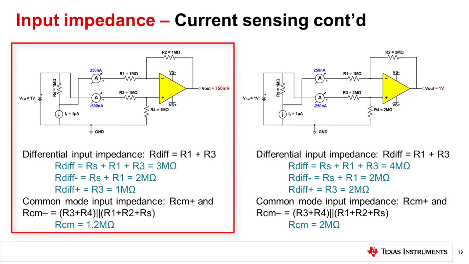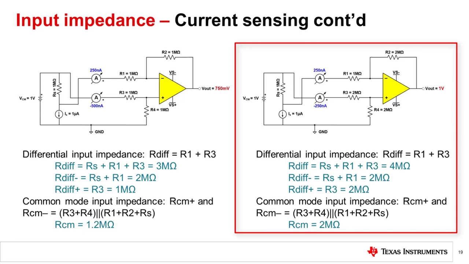However, in this example, the shunt resistor is large enough to make an impact on this value, specifically on the current draw through R1. Looking at the inverting input, the input impedance is R1 plus RS, which is equal to 2 megaohm. Looking at the non-inverting input, the input impedance is R3, which is equal to 1 megaohm. This level of mismatch leads to the imbalance of current draw from the source and thus error at the output. If we modify R3 to be 2 megaohm instead of 1 megaohm, and then adjust R2 and R4 to match this for unity gain, then the effective current draw is now matched and our output is as expected.